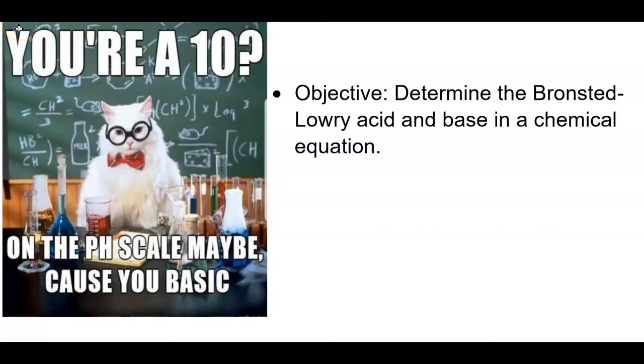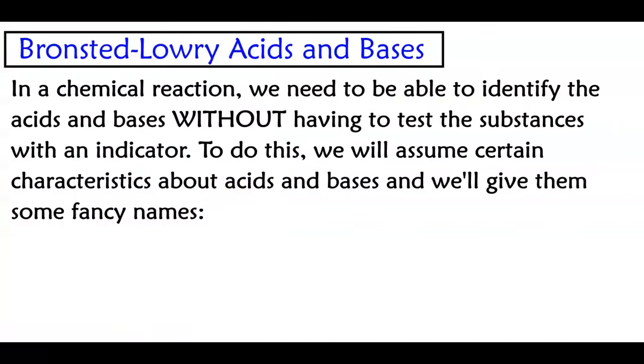The objective: determine the Bronsted-Lowry acid and base in a chemical equation. So, what are Bronsted-Lowry acids and bases? In a chemical reaction, we need to be able to identify the acids and bases without having to test the substances with an indicator. To do this, we can assume certain characteristics about acids and bases, and we'll give them